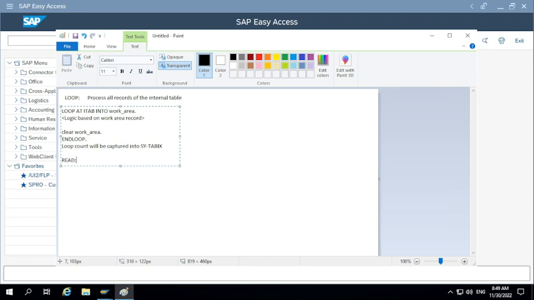What is the read statement? It processes only a single record into the work area from the internal table. So it will move only one record from the internal table to the work area. That depends on some condition. We should pass the condition. For example,